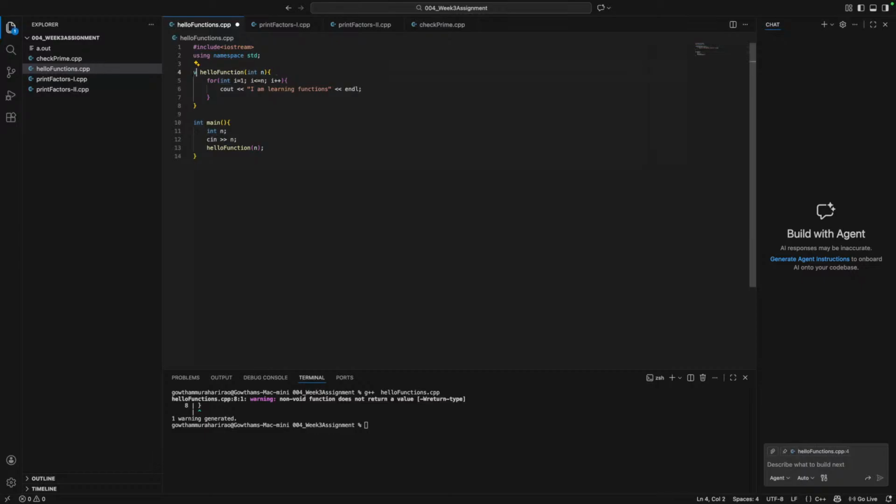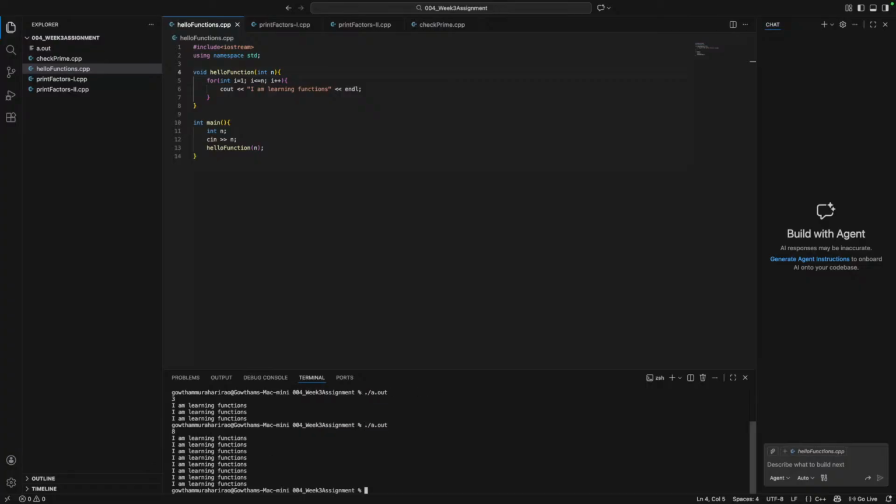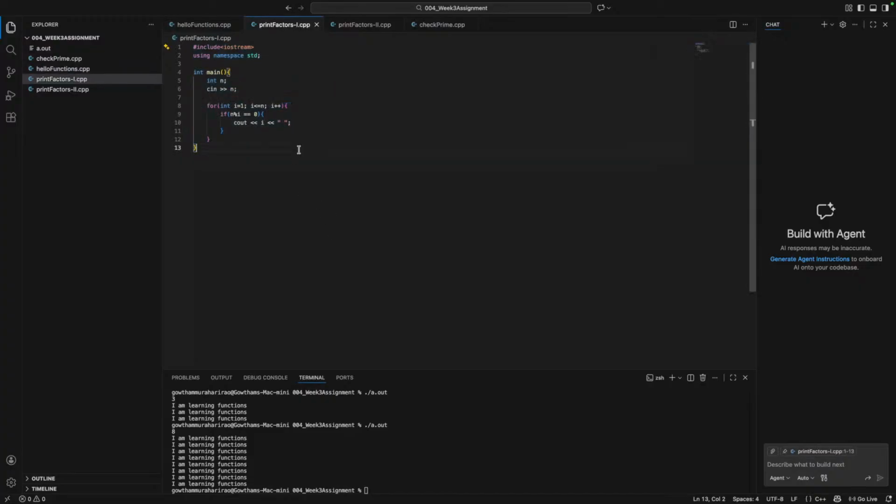Or I'll use it as void. Non-void function doesn't return any value. I should have it as void because I'm not returning anything. I have compiled with g++. Let me run this. I'll give it 3, 8. Yeah, I'm supposed to do this. The technicality is that I was asked to write a function there. I'm just writing for loops as if I did the last assignment. But where is the differentiation? It just hit me now. They want me to write